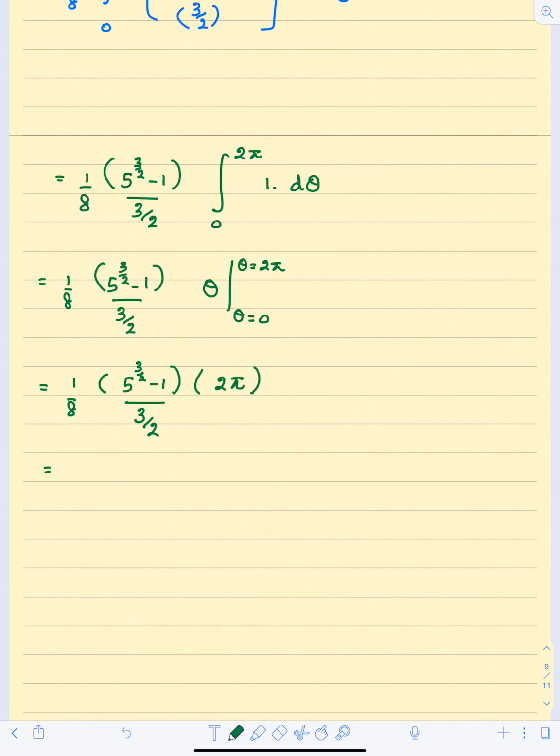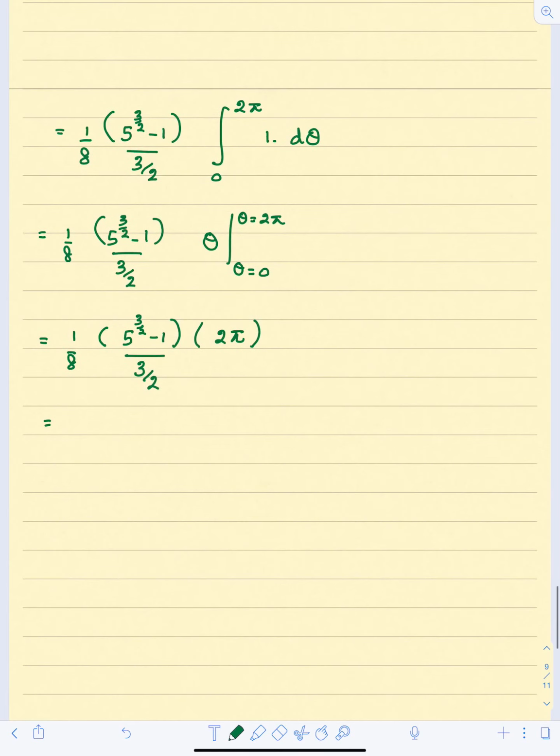Now if you want, you can simplify this final answer. In that case, you should get 1 over 8 times 2 over 3 times 5 to the power 3/2 minus 1 times 2 pi. The answer should be 5 to the power 3/2 minus 1 times pi over 6, since 2 times 3 is 6. Okay, so this is